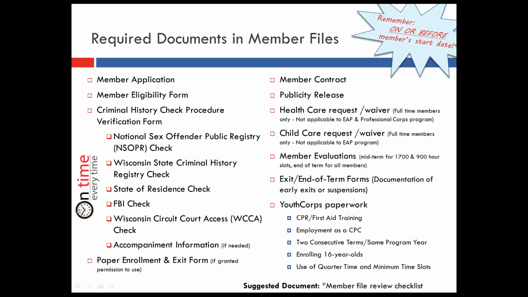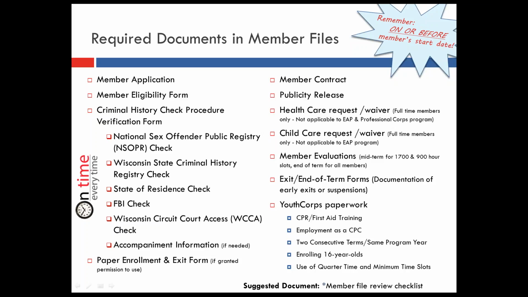All right, so required documents, there's always just, what is required, what's not. So what we can tell you is required in member files are the following items. Now, you could have other files in here depending on what your grant requires or other things that you need in your files. But what we look for and what you have to have: your member application, if you are using an online application, that's different. You wouldn't have to have that in there. But if you use a paper application, we look for that in your member files.